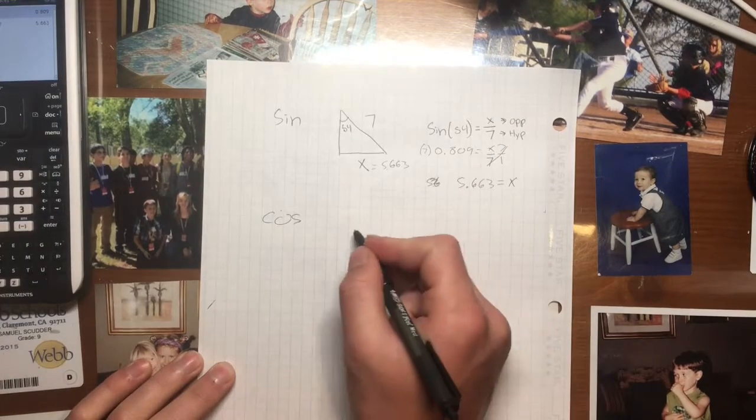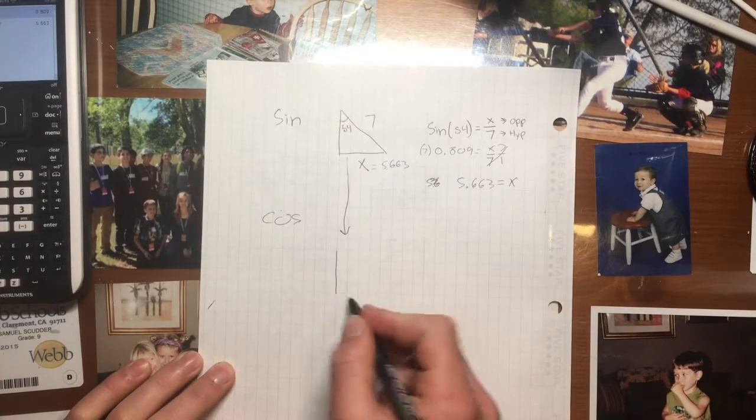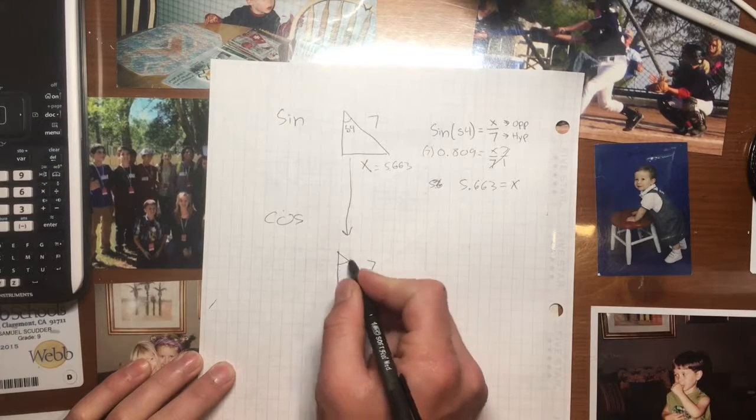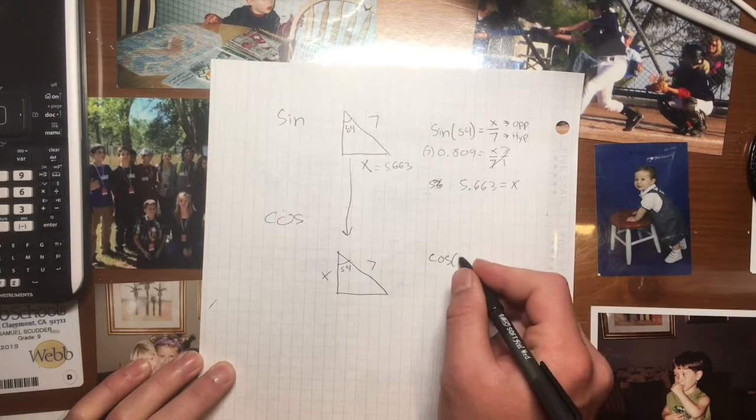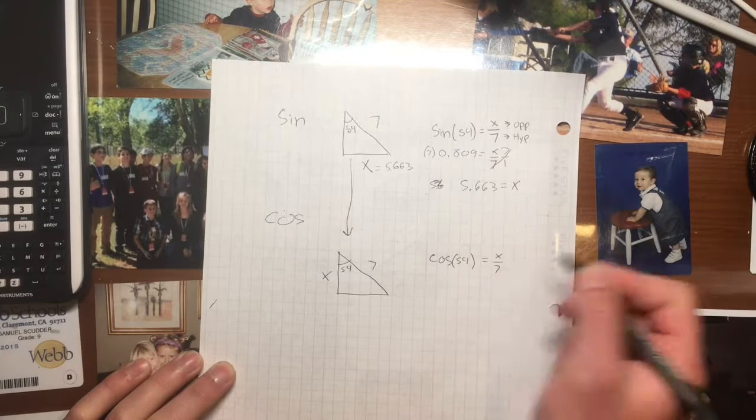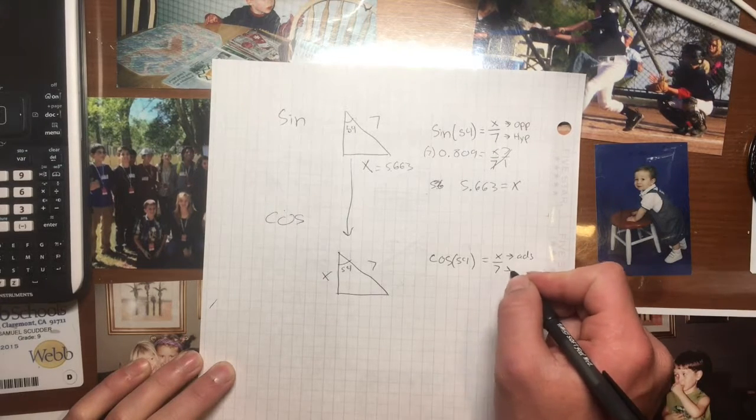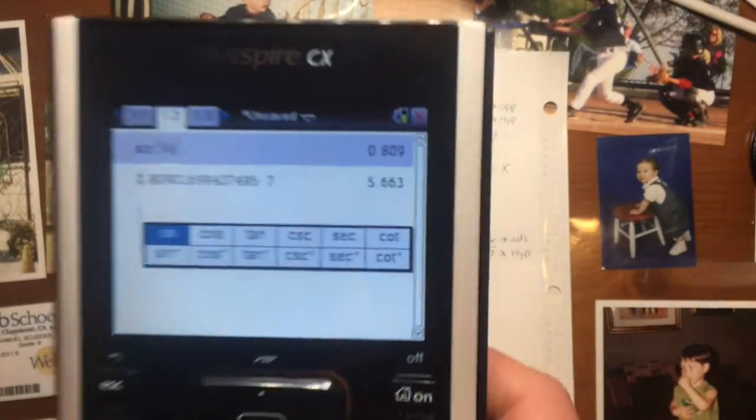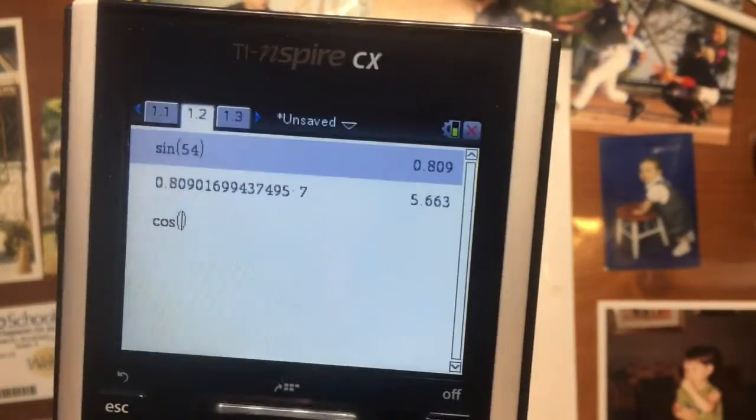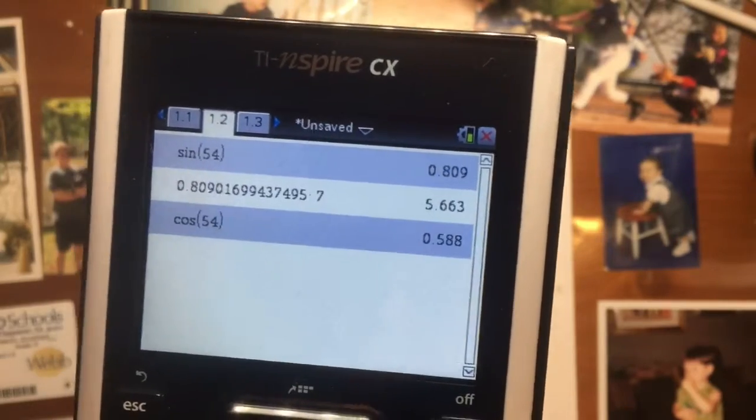Now on to cosine. We'll use the same triangle for this one. Just we'll try to find its adjacent side. Okay, let's set up the equation. Cosine times 54 is equal to x over 7. X is the adjacent side, 7 is the hypotenuse. So multiply cosine times 54 and you should get